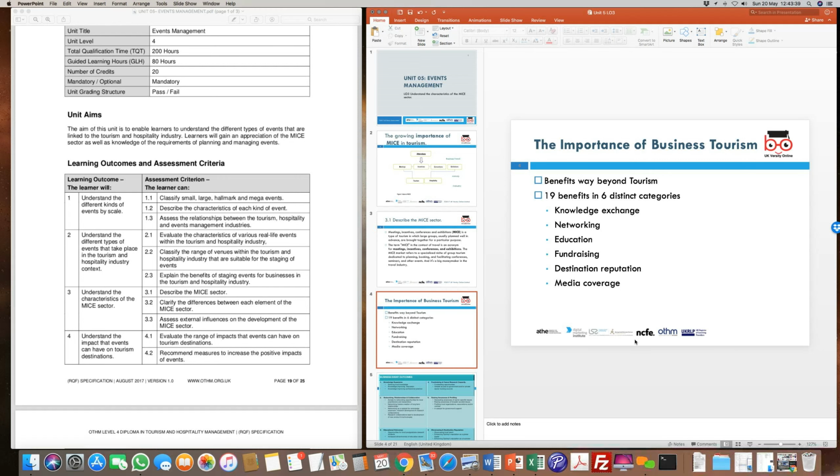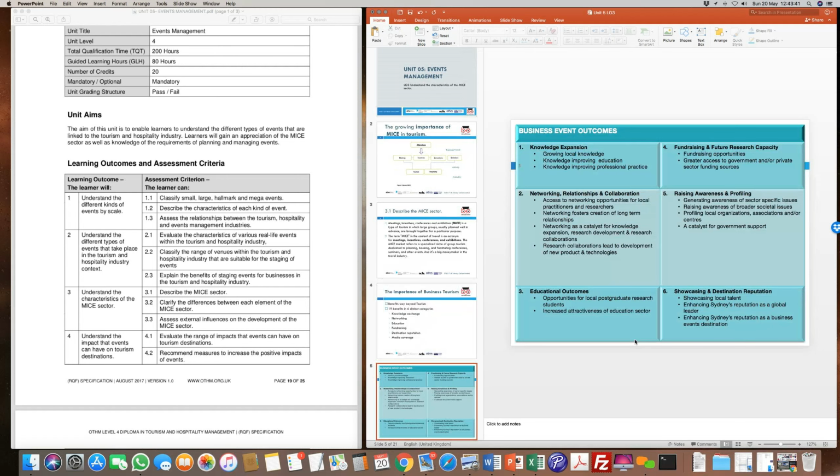Now, if I just go forward, sometimes what we look at is when these events are happening, or when they are planned, we want to detail out what are the benefits of these, the 6 benefits we've discussed. What we want to do is elaborate on these 6 benefits. For example, when we look at knowledge exchange, we want to look at how we grow local knowledge. So Mobile World Congress, for example, when it happens in FIRA in Barcelona, is a city